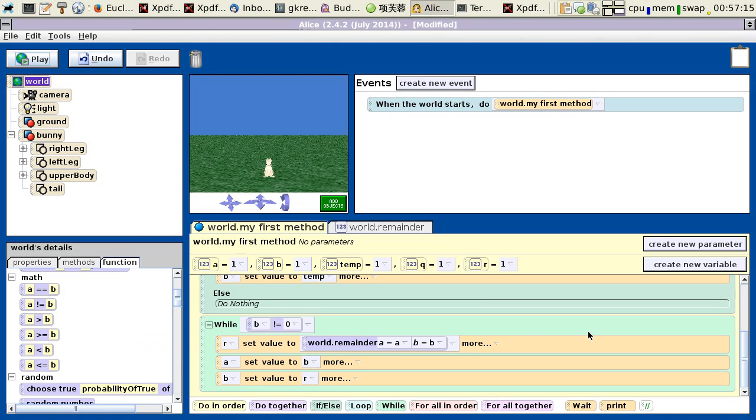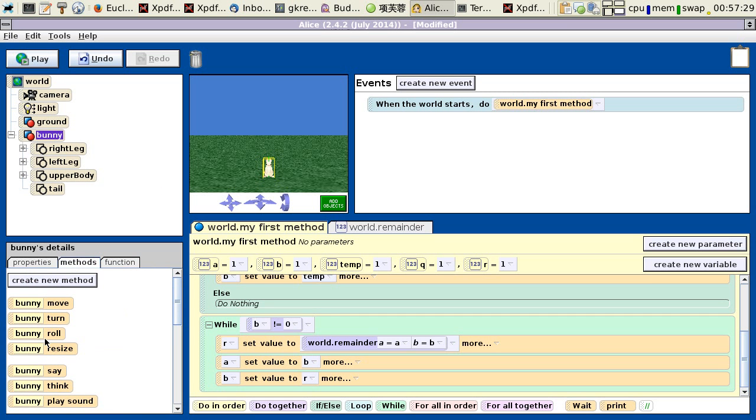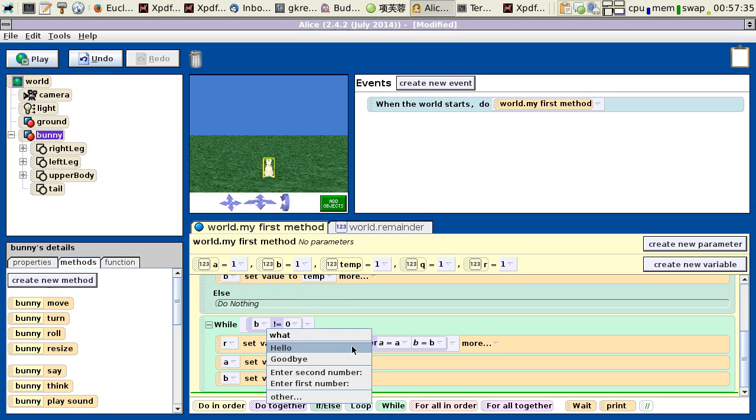So once this loop stops, A contains the greatest common divisor. And so I'm going to make the bunny say that. So outside of this loop, I'm going to have bunny say,